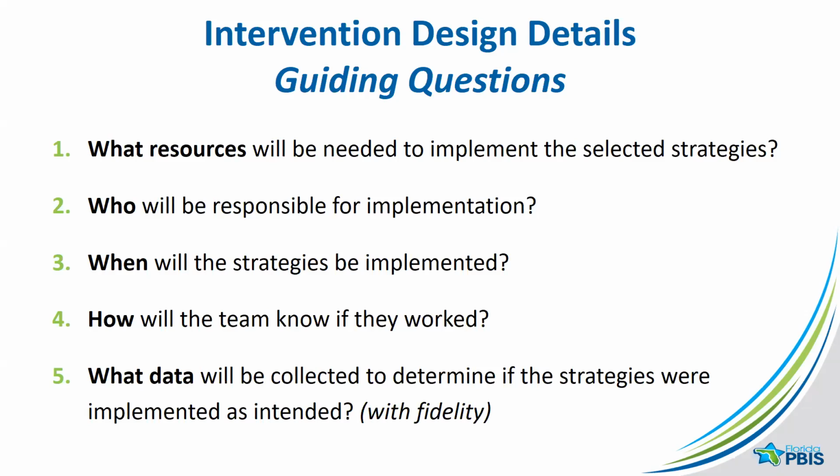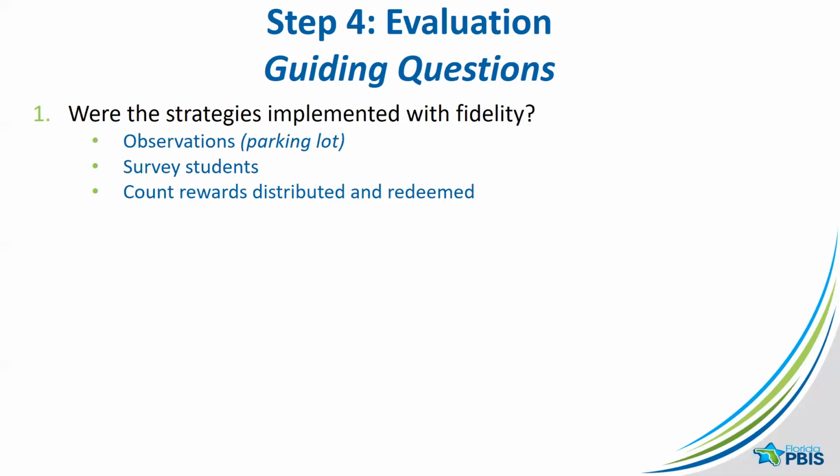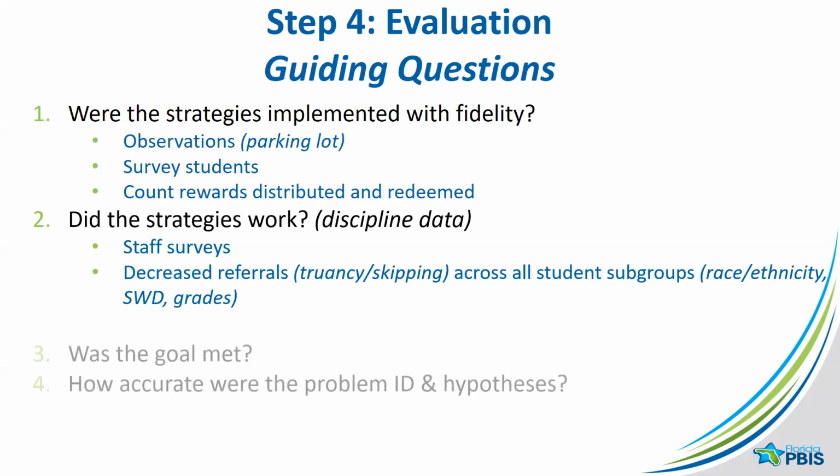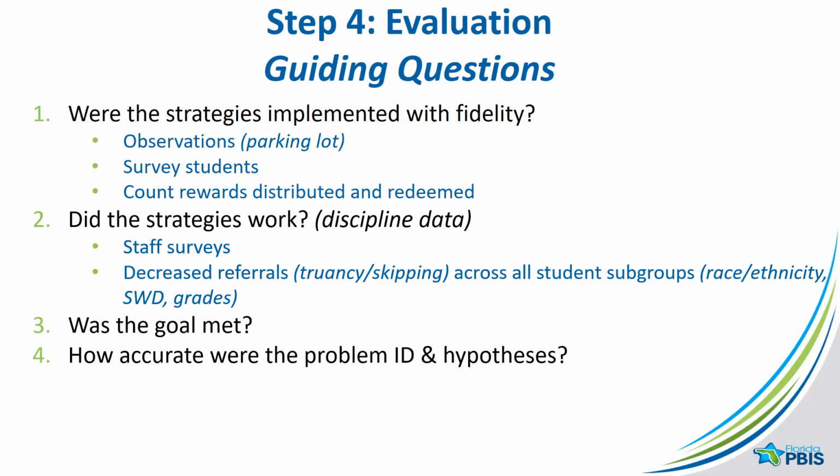We have some action steps that we've created in order to improve our Tier 1. And so now we want to put these actions into place. We want to make sure that we're monitoring to see that those actions are actually happening. And of course, we're continually monitoring for student progress through our monthly data chats and reviews. So having put those actions into place to improve our Tier 1, now we can come back and start to ask ourselves, did we improve our fidelity? Did we improve our discipline data? And if yes on both of those, then what are our next steps?